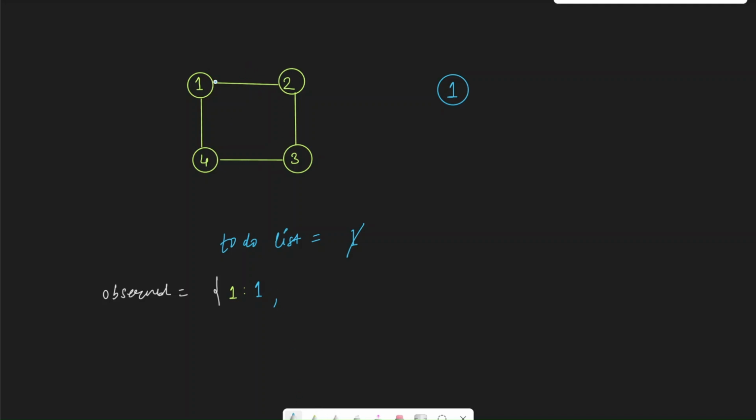So we know that a neighbor of 1 is 2. So I'm going to create 2 over here, and because I have cloned this 2, I'm going to also write it over here. So I'm calling this 2 over here. Now because I have this 2 now and I have not visited it, I will add it to my to-do list. And because I know this is a neighbor, I will just add a relationship from 1 to 2. Similarly, I know that 4 is also a neighbor of 1. So I'm going to clone 4 and I'm going to add it in this observed list as well so that I know that I have already created a 4.